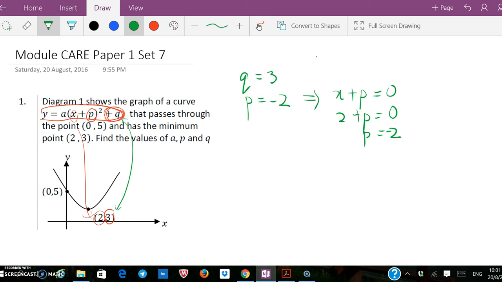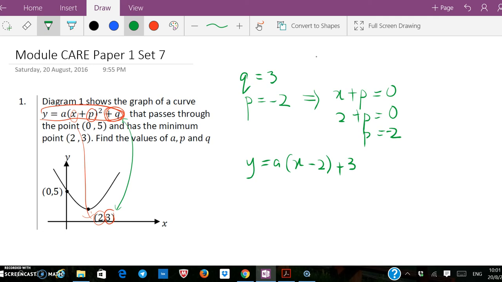Now what's left? We haven't calculated the value of a. Before we can calculate it, we substitute all the values we have calculated. So y equals a(x minus 2) squared plus 3. Now we choose one of the coordinates given in the question that is on the curve,